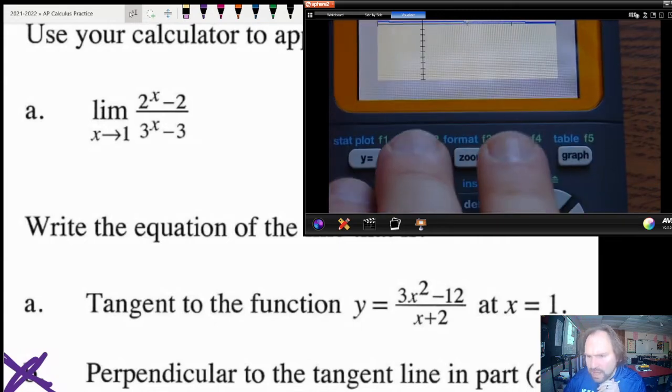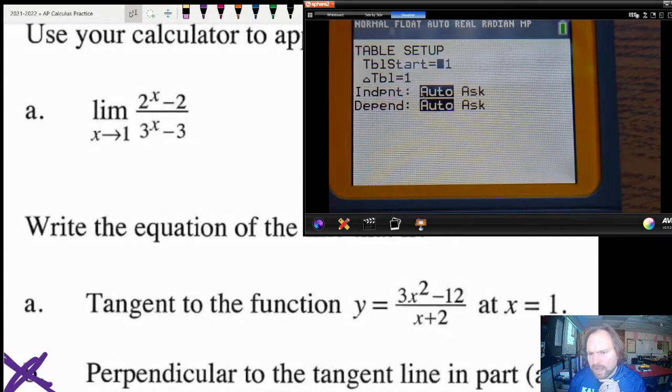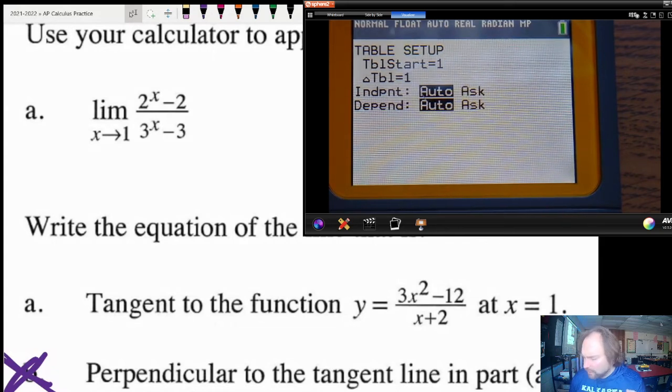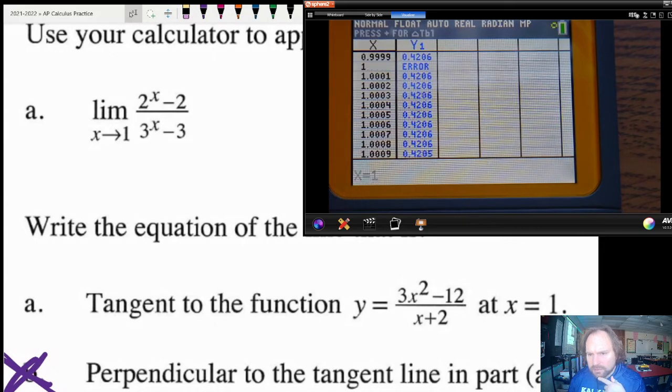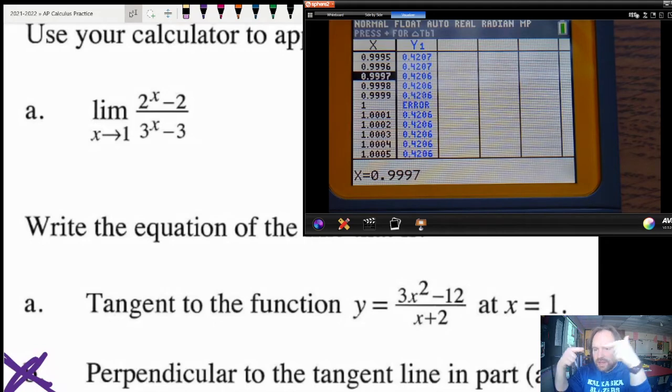So I'm going to go into table settings. I want to start the table at 1, where I believe there is an error, but I'm going to make the delta table, the change in the steps, like 0.0001, something really small. That way, when we look at the table, we can see what's going on right around there. Yeah, see, look. The limit is clearly approaching 0.4206 from both sides. At 1, there's an error, but on both sides, you're getting the same thing. So this is about